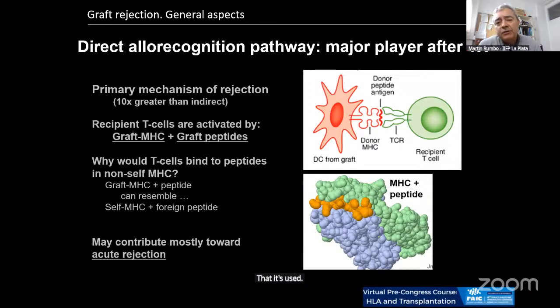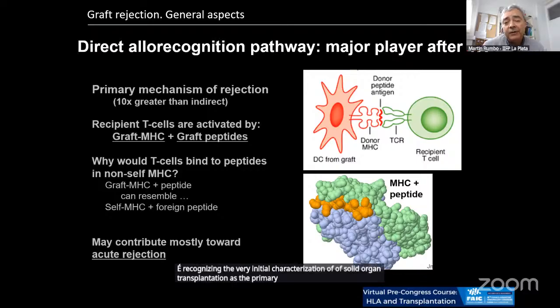It's important to consider which are the different allorecognition pathways that can activate the immune response. There are different pathways. The direct allorecognition pathway was recognized in the very initial characterization of solid organ transplantation as the primary mechanism of cellular rejection,